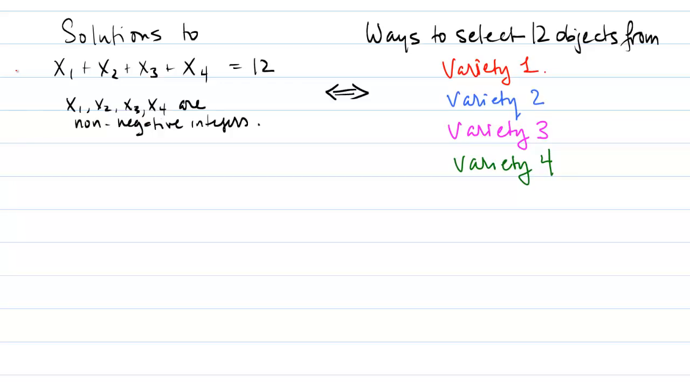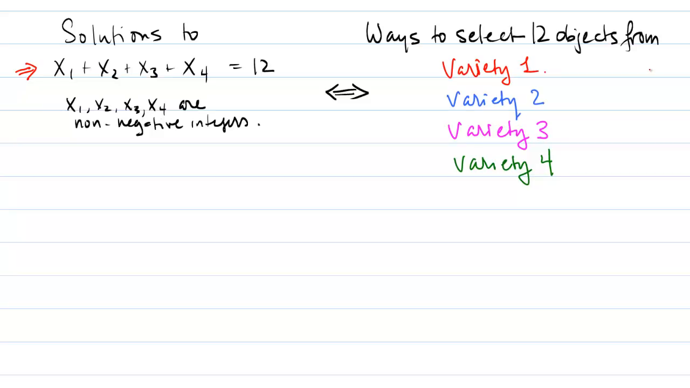So for this problem, we're asked to count the number of solutions to this equation, saying that the sum of 4 variables is equal to 12. The variables, labeled x1 through x4, must have values that are non-negative integers. And we're going to solve this counting problem by showing a bijection to a problem that we've already solved, the